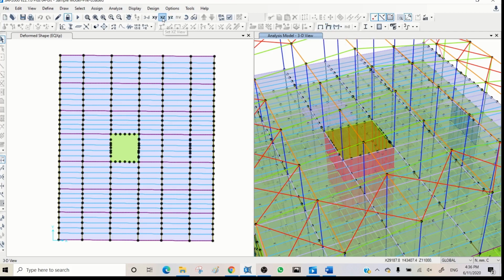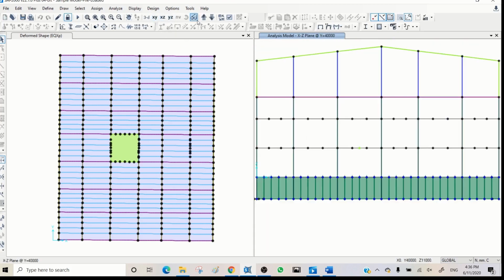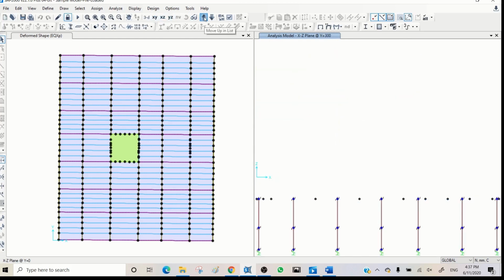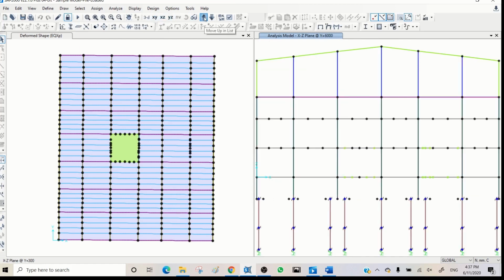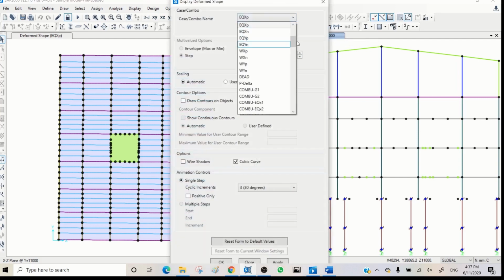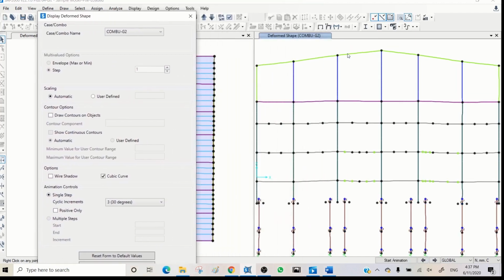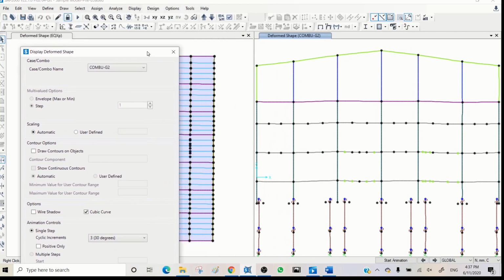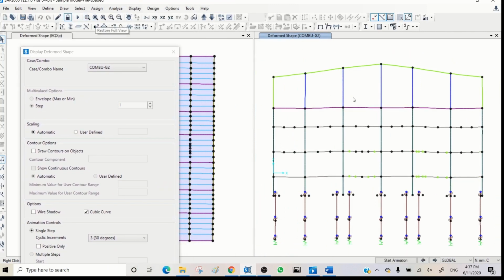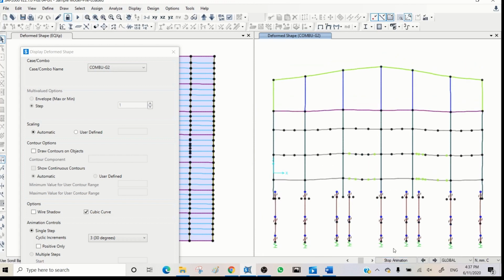So I'm coming here to one of our grids and just moving to the middle part almost, and now I'm showing, for example, gravity loads. So okay, let's see what's going on here. Okay, you see a little bit